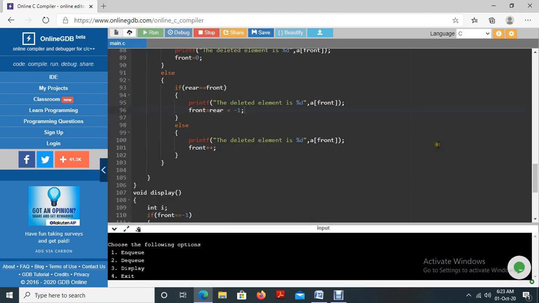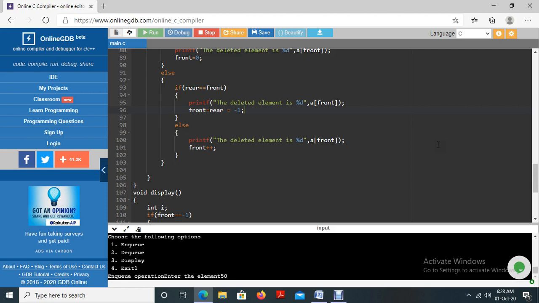Okay, now 1 for insertion, 10, 2 for DQ, deleted element is 10. Okay, again I am trying to delete, it should display that no element is available to delete. Okay, that is also working perfectly. Again I am inserting the element 10, 20, 30, 40, 50.